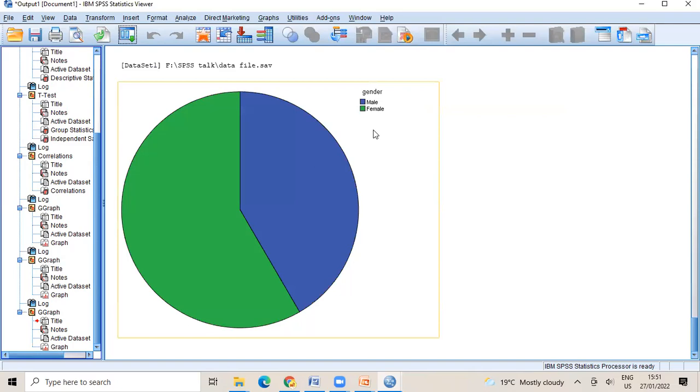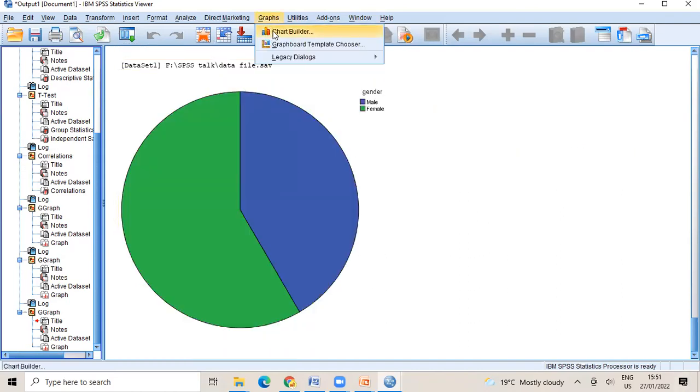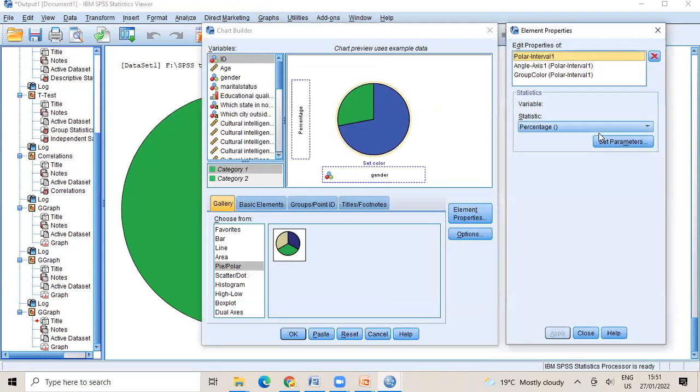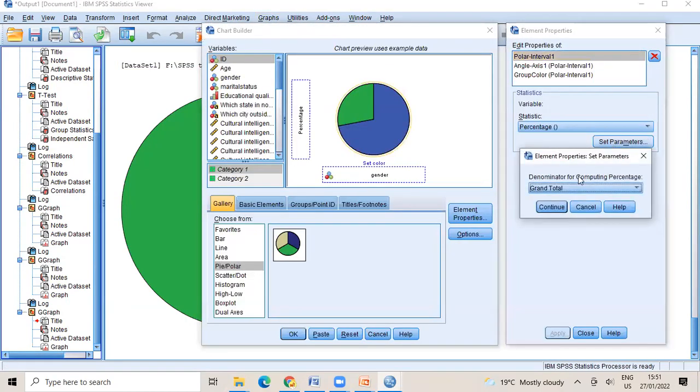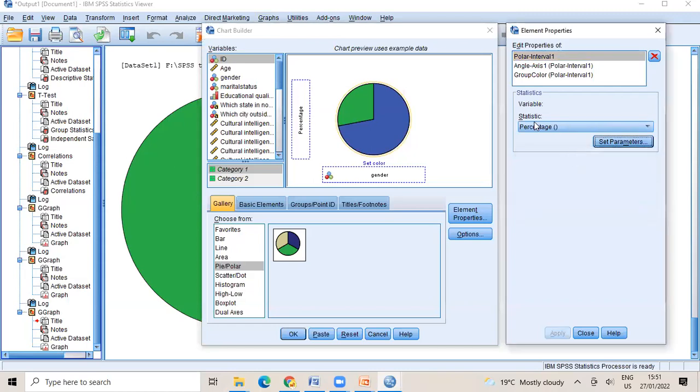The percentage will be... okay, it's not showing, just give it a moment. Let's try something else. Okay, I do not know why the percentage is not, oh, okay, because it's a categorical variable.